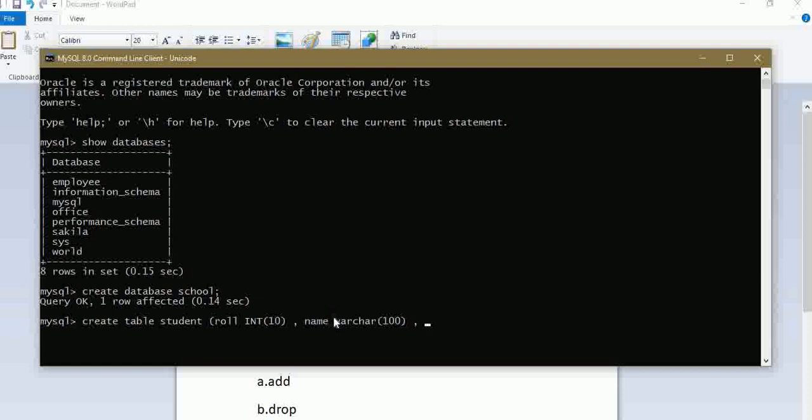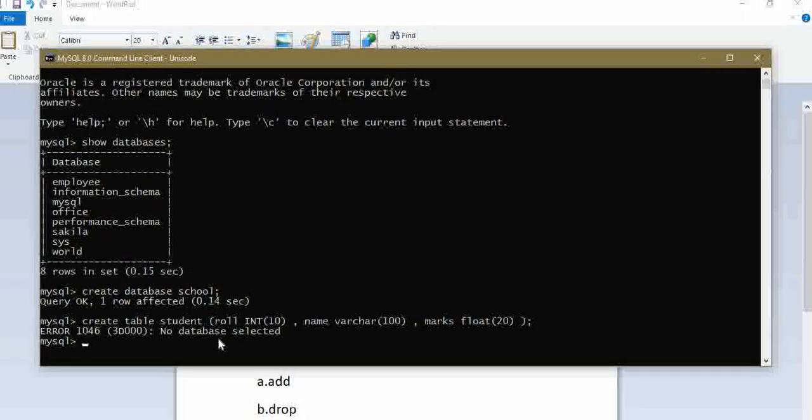Then marks, student marks, which is a float, 20. As you can see, I have written lowercase plus uppercase. There is no effect, there is no restriction. You can use uppercase as well as lowercase. If you use uppercase, the syntax will look more beautiful. So let's click enter.